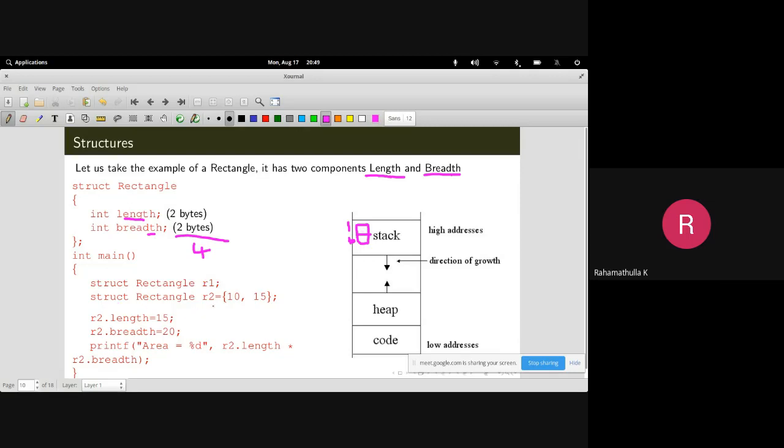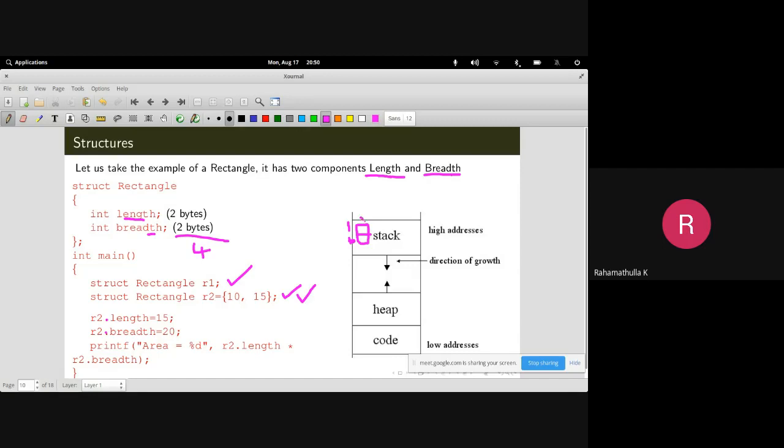You can do it like this also, struct rectangle R2 equal to 10, 15, which means it is going to declare and initialize. So the first is just a declaration, and this is declaration plus initialization. You access the members of a structure using the dot operator. R2 dot length equal to 15, R2 dot breadth equal to 15.